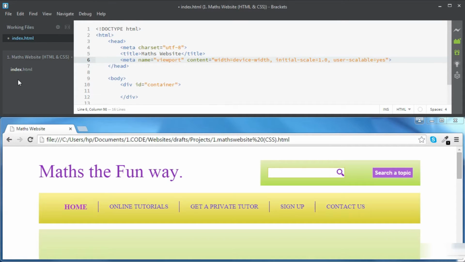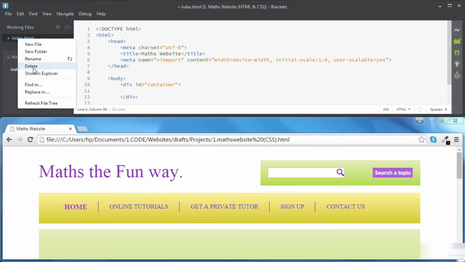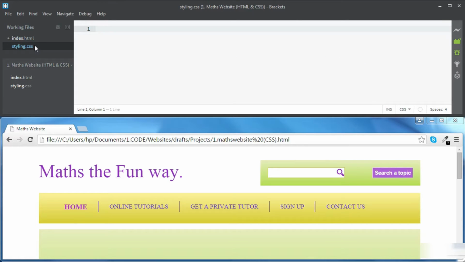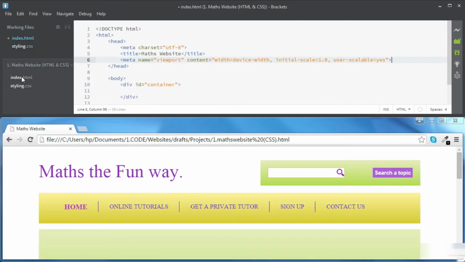I'm going to create a CSS file, okay? And then inside the CSS file, we are going to place all our styling. Okay, so let's go for this way of doing. So I'm going to create a new file and call it styling.css, okay? And now we need to link our index.html page to this CSS file using a link element inside